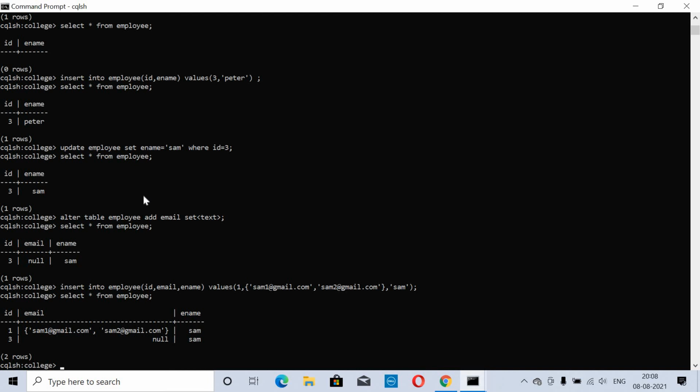Now I want to make use of some mapping functions, where we want to map the person. Somebody is taking some subject, so we want to map that. How to do this? Again we go for the alter command, and now we'll say map of text comma text, and select subject.